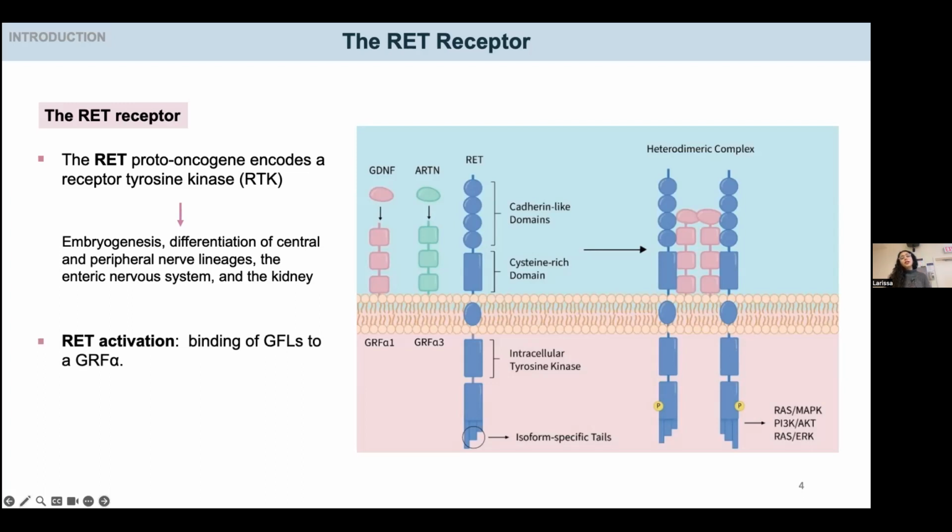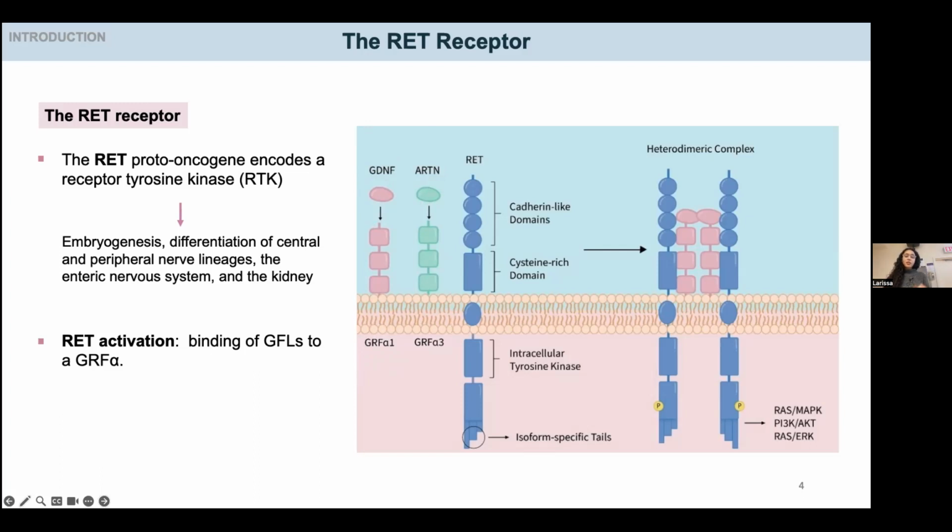RET activation in the cell membrane is mediated by its interactions with GFLs, including GDNF and artemin. GFLs will interact directly with RET co-receptors, known as GFR alpha 1 and GFR alpha 3. In this case, GDNF will bind specifically to GFR alpha 1, while artemin will bind to GFR alpha 3. In this study, I will focus on these two co-receptors and their ligands because they have been shown to be highly expressed in PDAC tissues. This specific binding